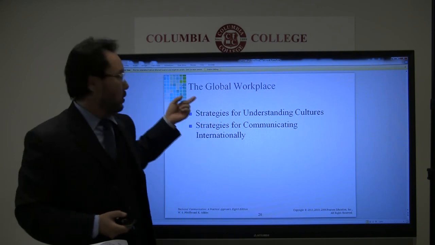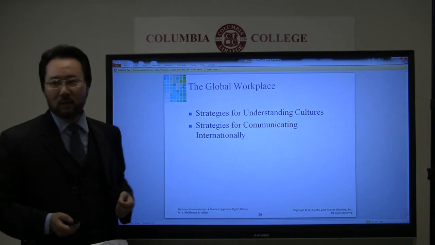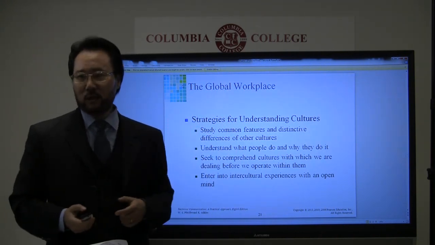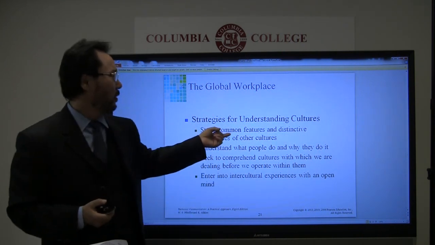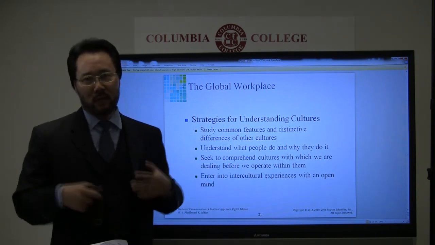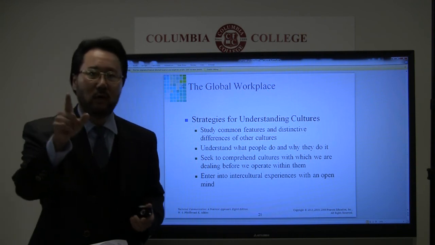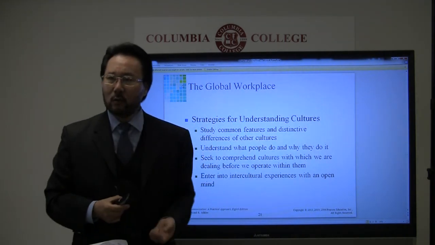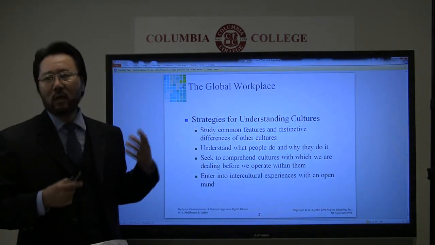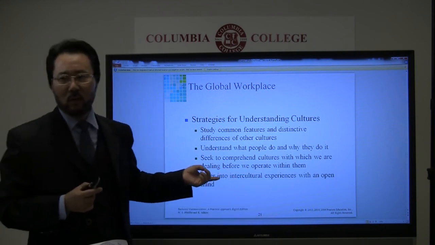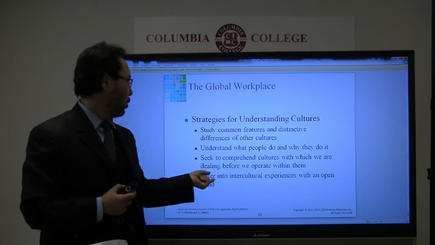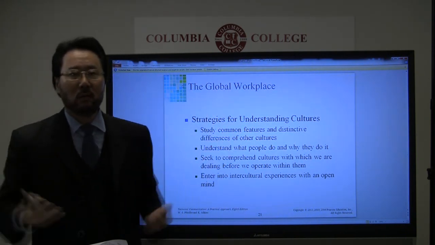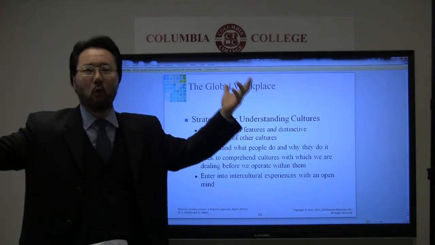So basically, we need to have strategies for understanding culture and strategies for communicating internationally. As far as strategies for understanding culture, we need to study common features and distinctive differences of the culture. Simply saying, we have to understand different people, different customs. We have to understand what people do and why they do it. We also need to seek to comprehend cultures with which we are dealing before we operate within them. And we need to enter into intercultural experiences with an open mind, because our workplace is becoming global. The world is like